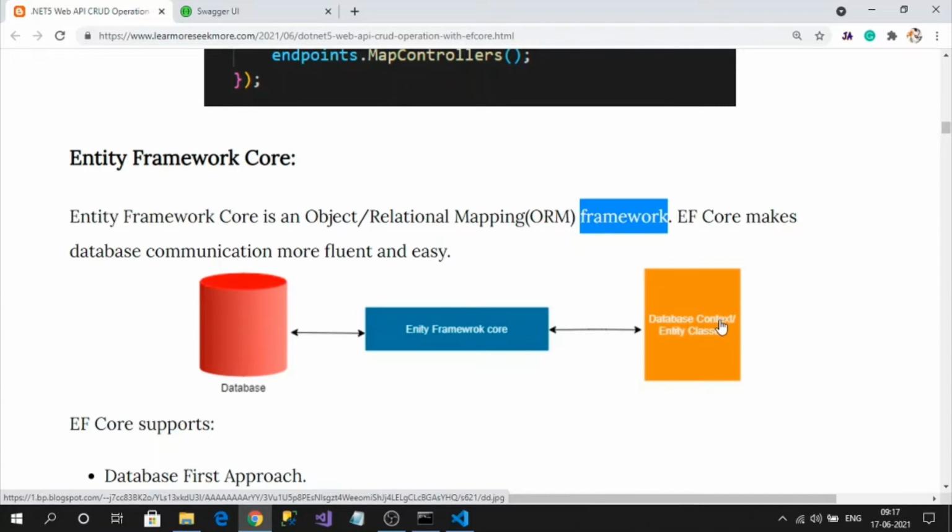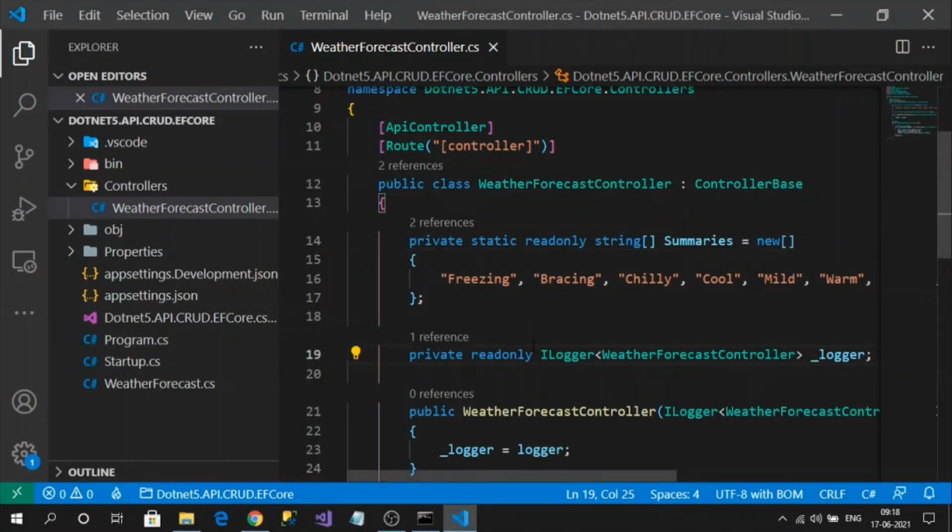Entity Framework will use the database context and table classes to communicate with the database. Internally, it converts the C# expressions or statements into SQL Server commands, executes them against our database, fetches the raw SQL data, converts it back to C# types and returns it to our application. That's the work done by Entity Framework. So we are going to use Entity Framework for establishing the communication channel with our database.